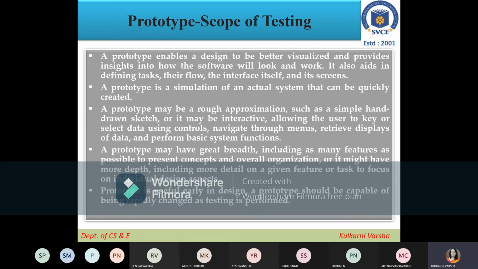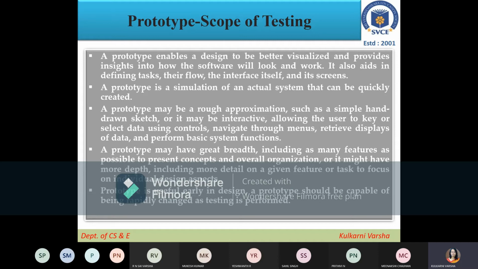So a prototype is not a final product; that's why it is a rough approximation. Then next, a prototype may have great breadth, including as many features as possible to present the concept and overall organization. It might have more depth, including more detail on given features.